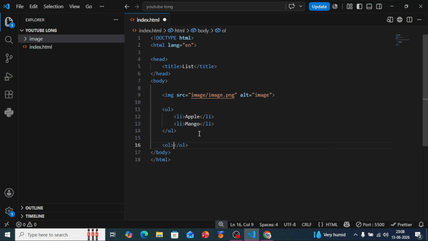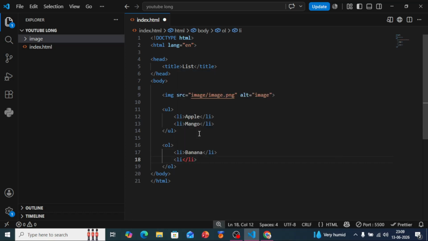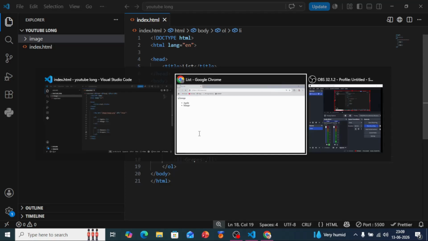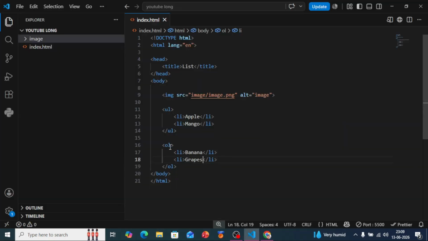For example, list, li banana, grapes, and etc. Now I am going to show you the output. As you can see here, banana and grapes are displayed with a number, which is because of ol, which stands for ordered list.